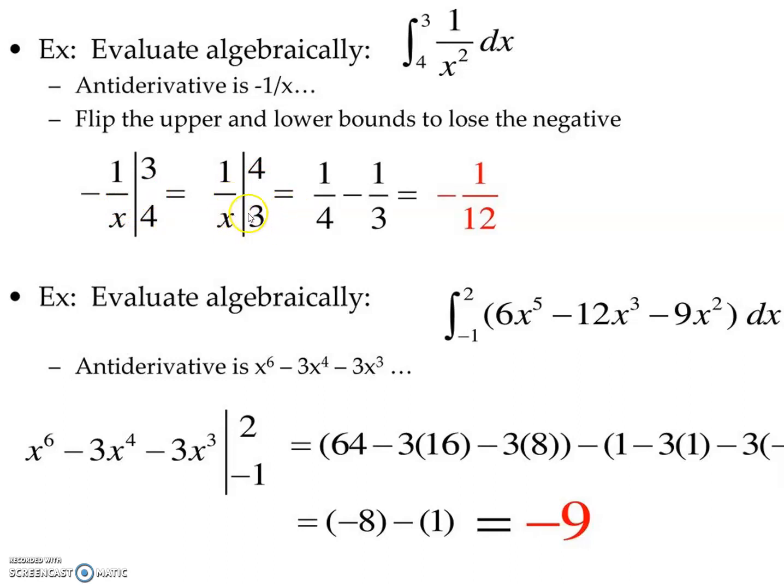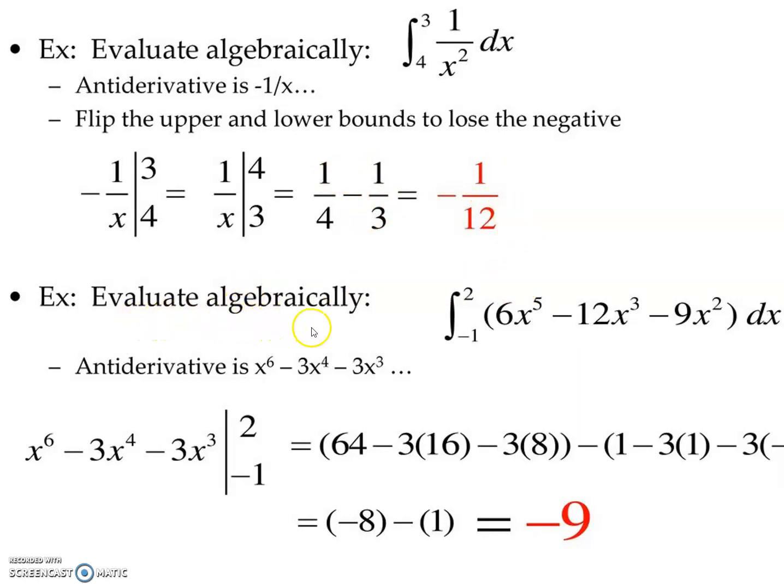That's why we have to put, instead of x, 4 in minus 1 upon x, minus the value at 3. We know that integration from lower limit a to upper limit b of f of x is f of b minus f of a. For the final answer, we have to take the cross multiplication. 4 minus 3 upon 12, that is 1 upon 12, is the final answer.